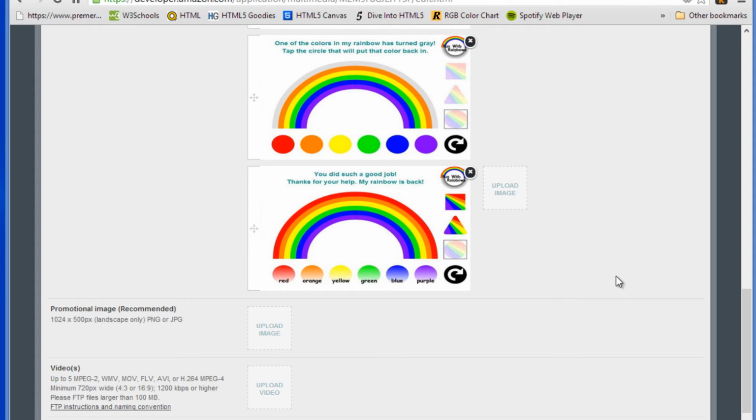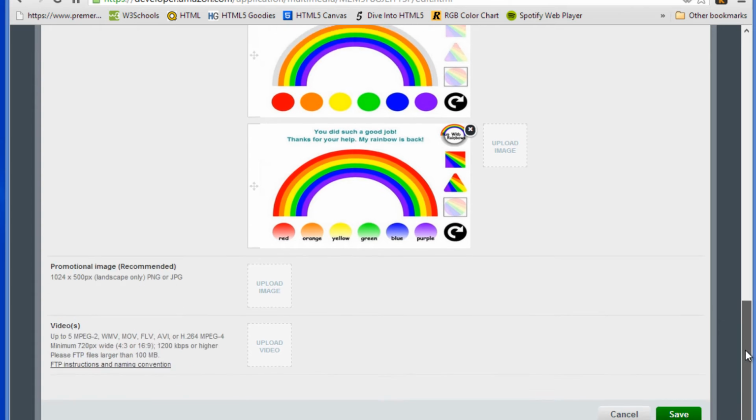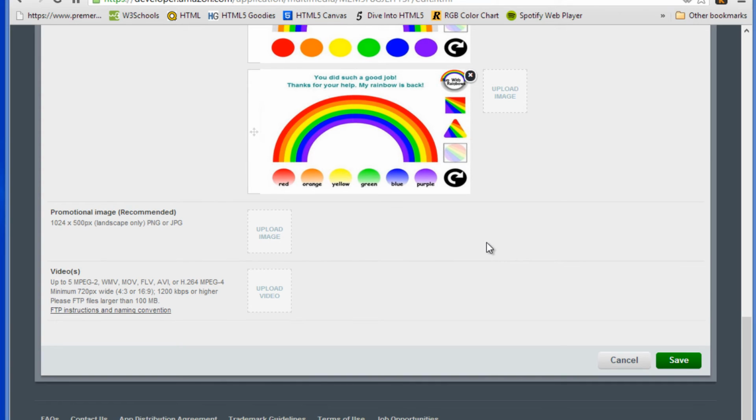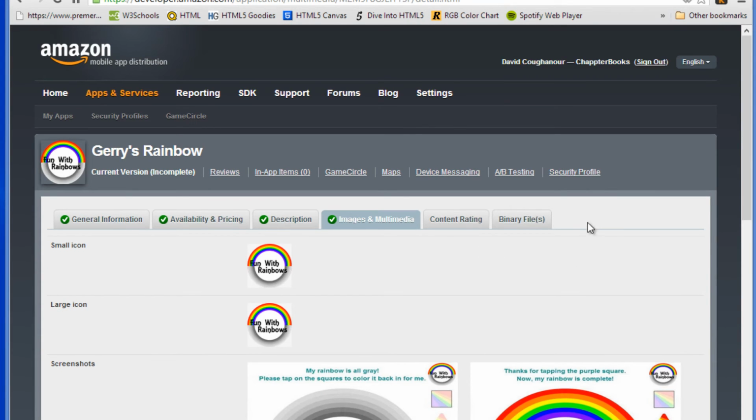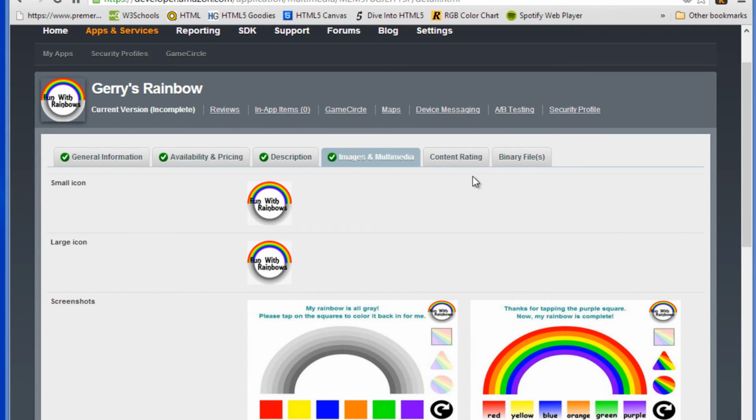And again, I just provided these for convenience for this particular project. When you are ready to publish your own app, you'll need to remember that this is part of the process and have these images ready to go when you're ready to publish your file into an app store. So click Save to go on to the next, which is the Content Rating tab. Notice how it has put our icon up here in the corner for us now. So click on Content Rating,